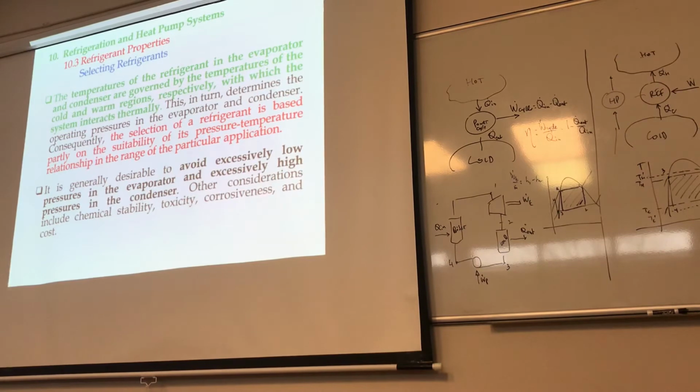But turbulent flow, on the other hand, will have a lot of shear stresses that develop within the fluid. That means you get high pressure losses, which goes against our basic assumption, okay? So that means avoid the high pressure stuff, right? But again, when you have it low, it's not really going to do much, so you're going to have somewhere in between. Of course, these are just two things, but other considerations include chemical stability, toxicity, corrosiveness, and cost. And there are a lot of people making their living just based on this. So we're not expected to know all that